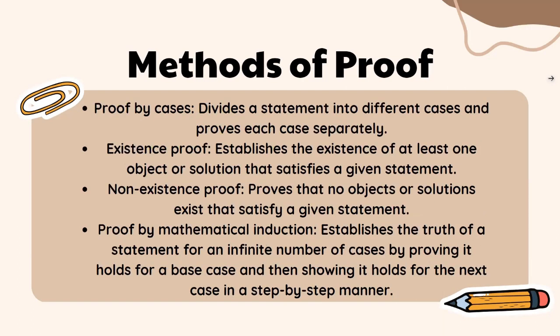The proof by cases basically divides the proposition into different cases where you could prove or disprove each particular case separately, right? Then there's the existence proof, which basically says that out of all the different cases, or out of all the different solutions given a proposition or a statement, at least one of them is true, right? And the opposite of that is the non-existence proof, where basically it finds that among any objects or solutions within the domain of a certain proposition or statement, none of them exactly